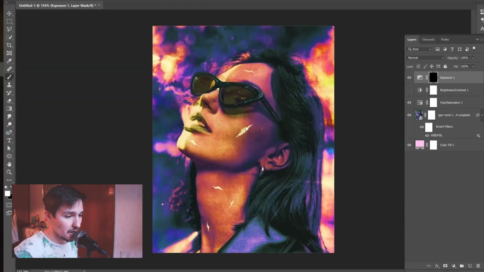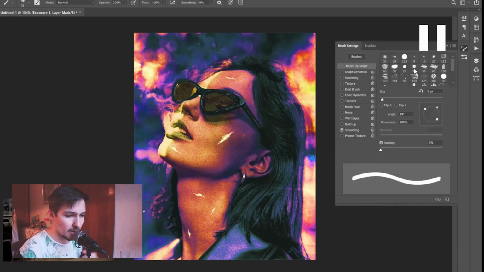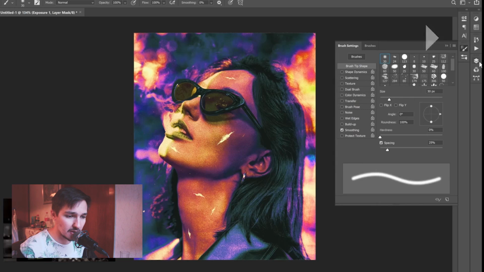And now we have to take the brush tool. As you can see, I go now to brush settings, and then I change my brush to a circle brush, and also make sure hardness is 0%, so it's really smooth,